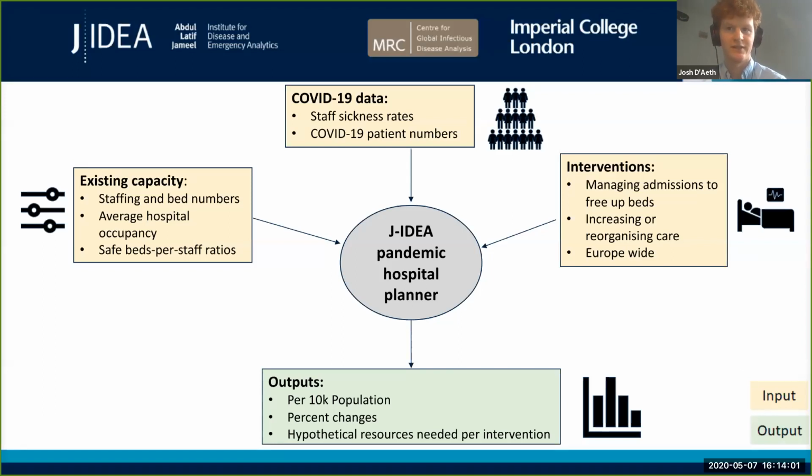The third area we considered were the type of interventions being enacted, looking at both those that affected the managing of admissions in a hospital, such as cancelling elective operations and triaging out high-risk patients, and those interventions which manage the care supply, so increasing bed numbers via requisitioning private sector resources or building field hospitals, for example. We looked at these interventions that had been put in place across Europe, Western Europe,